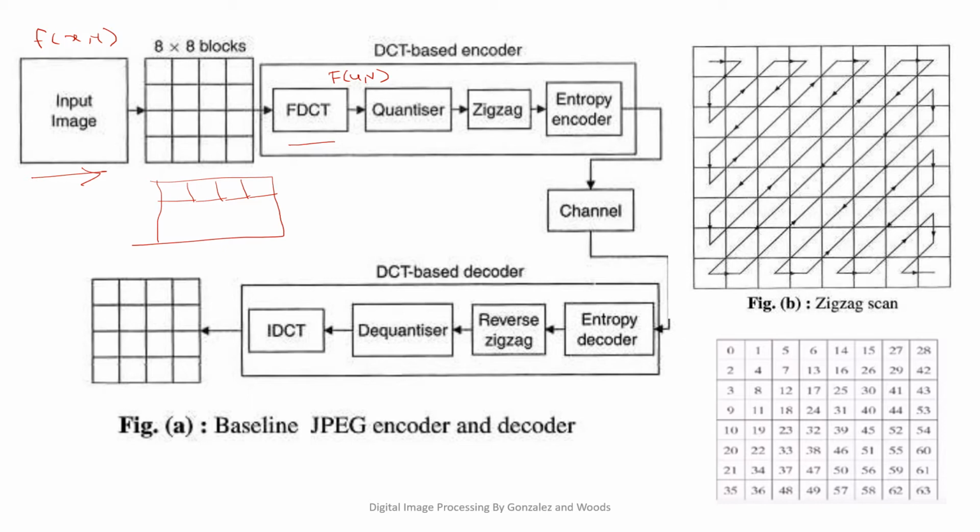The FDCT is computed on each 8 by 8 block of pixels. The zeroth coefficient is called the DC coefficient and the remaining 63 coefficients are called the AC coefficients. The FDCT processing step lays the foundation for achieving data compression by concentrating most of the signal in the lower